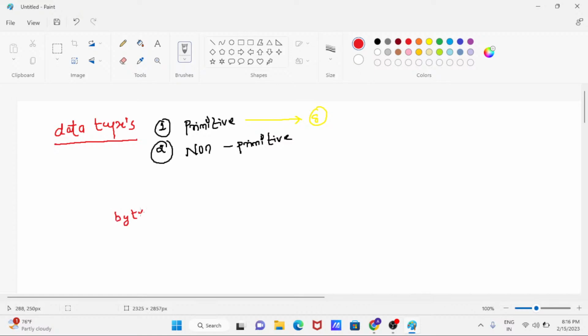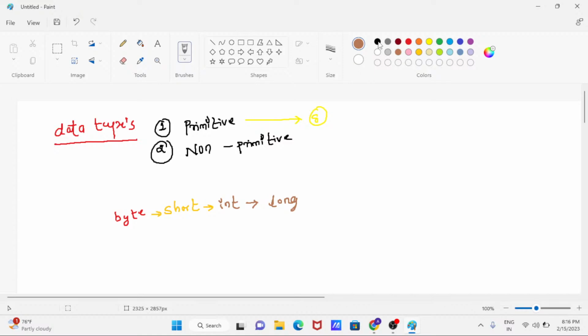Byte, okay, very good. Next, byte, short, correct. Next int, very good. Next long.